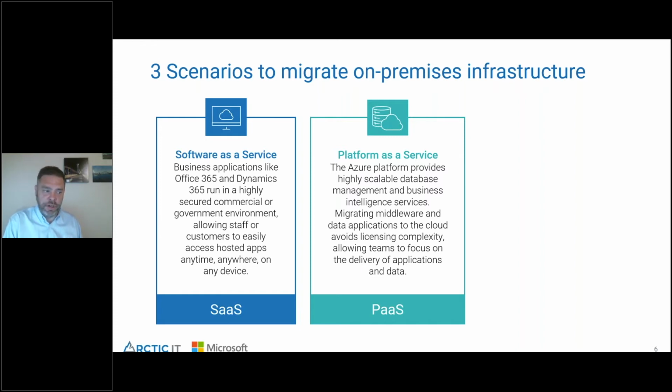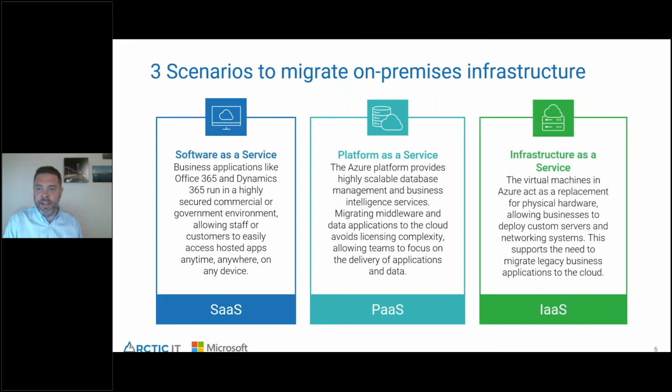And then the third is maybe you just need some virtual machines. So we probably all have some kind of virtual machines in our environment. You can move to infrastructure as a service. So then I can actually remote into these machines. They are virtual machines in the environment. But I am responsible for maintaining them, for patching, for maintenance, all of that kind of stuff. But I'm not responsible for any of the physical maintenance of these machines.